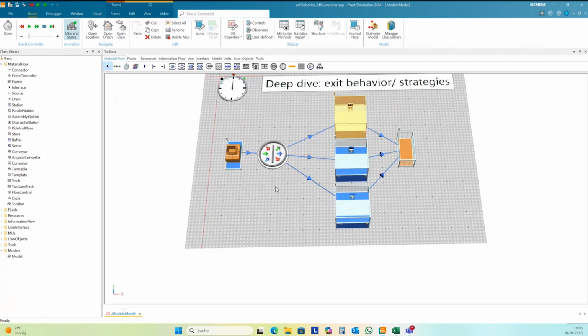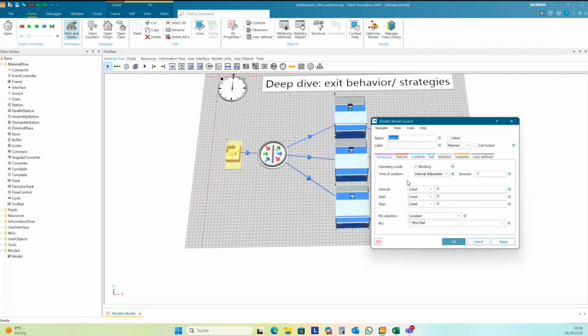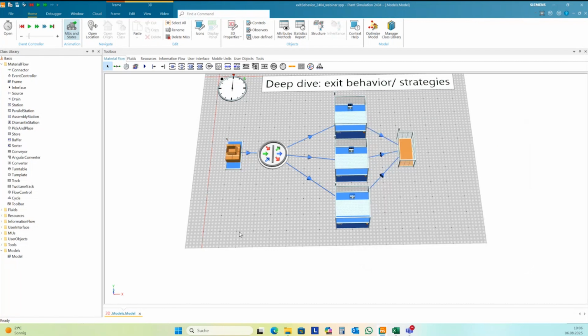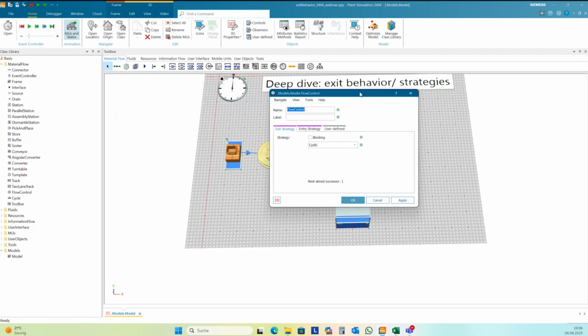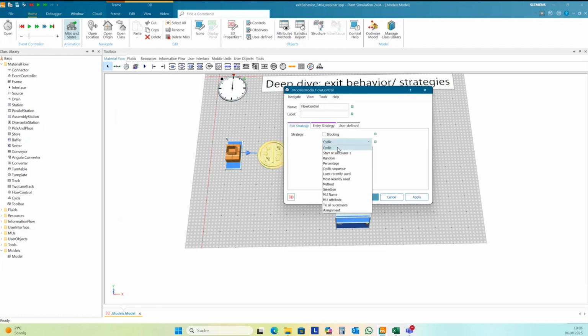And so the flow control has one interesting exit behavior I want to show. I set my source to 60 seconds. And this you can find also: cyclic, start at successor 1, random, percentage, cyclic sequence. You have all this for all the material flow elements.